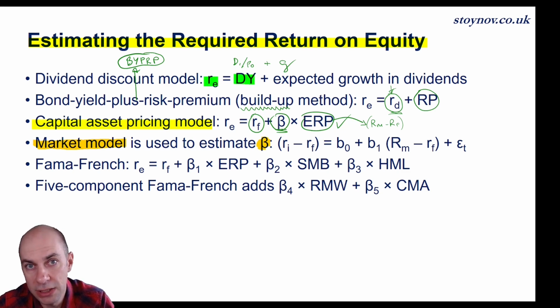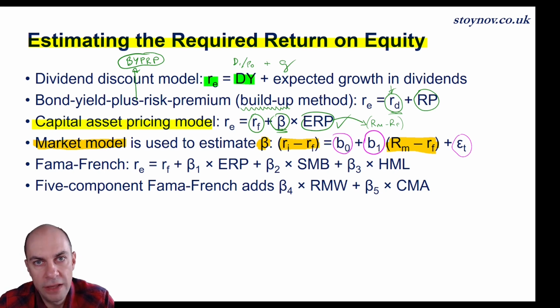Think of beta as the slope of that linear regression line. The dependent variable, so the Y variable, is the excess return of the stock over the risk-free rate. So the stock here is I, and we are looking at the excess return of stock I over the risk-free rate. The independent variable is the excess return of the market over the risk-free rate. And then you can see that the 3 outputs from the simple linear regression will be the intercept, the error term, but most importantly for our purposes, the slope,